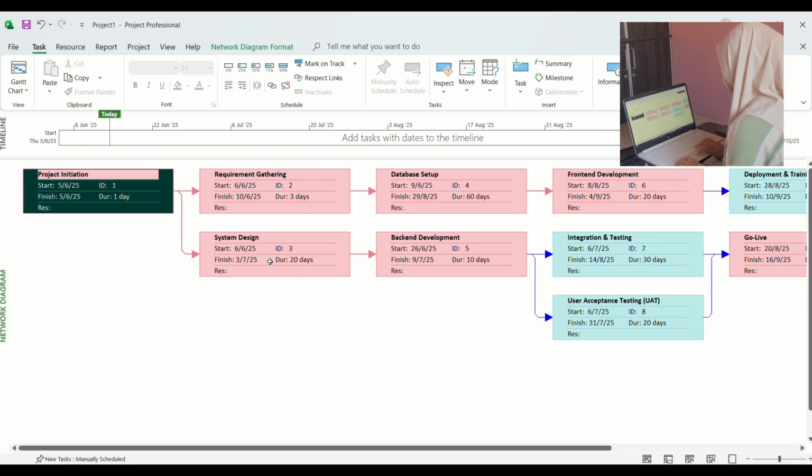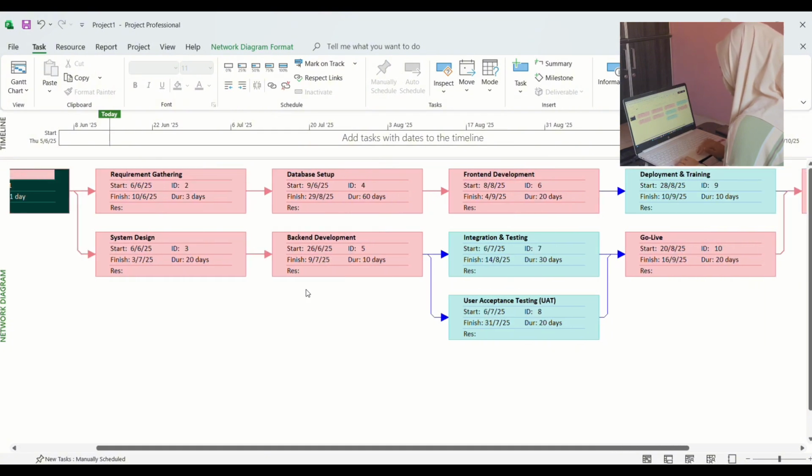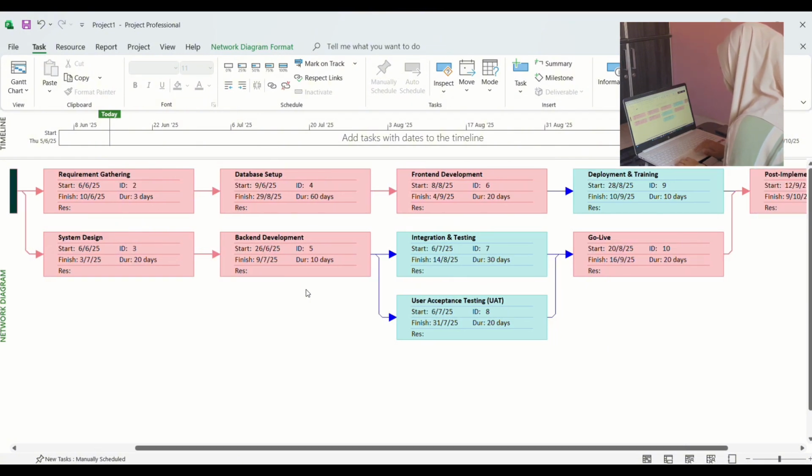Following the system design, we proceed to front-end development where we create the user interface based on the finalized design. In parallel, once the database setup is complete, we transition into front-end development, which builds the system's core functionality using the structured database. When both front-end and back-end development are finished, we enter integration and testing to verify how all